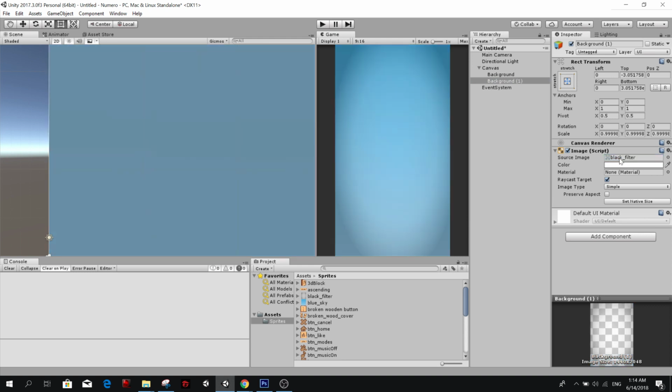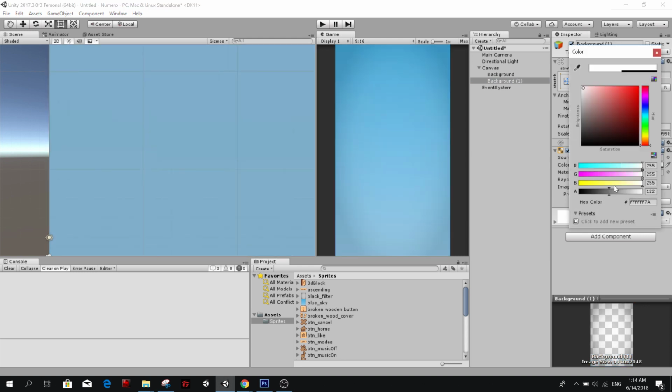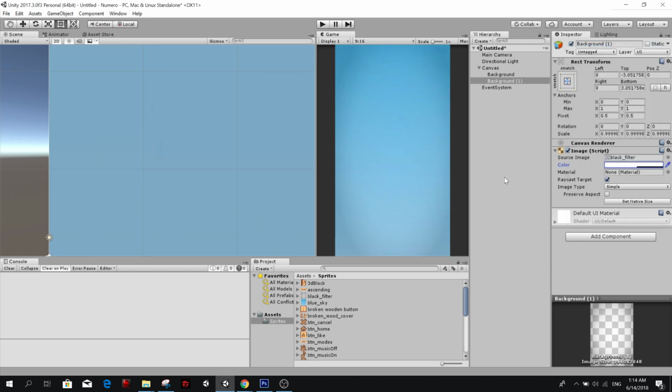Black filter. And we can make it less intense. So it's just like an effect. What else? This is, what is it called? This is vignette or something like that.